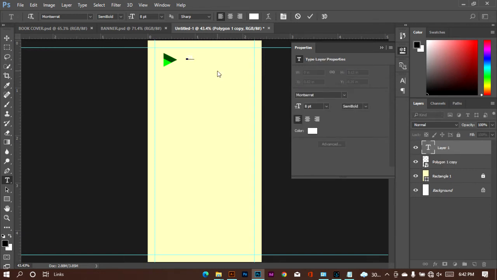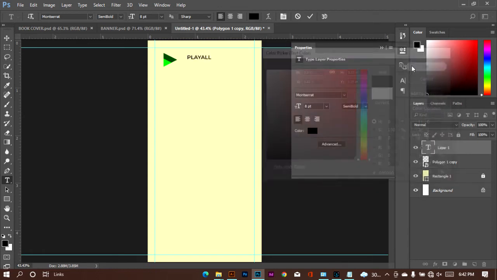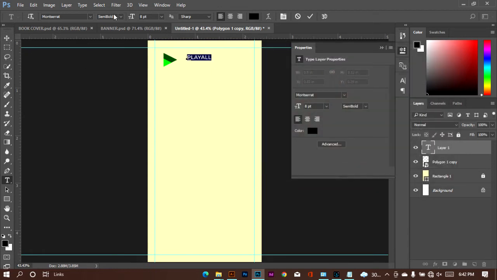So let's type play all and change the color to a black color, and click on OK. Once I've done that, make it a Montserrat extra bold and try and position it here while increasing the font to an 11 point. Position it here. So what we're going to do, we're just going to add a sort of slogan under the logo. So click and drag with a text box, just a small one, and let's just type